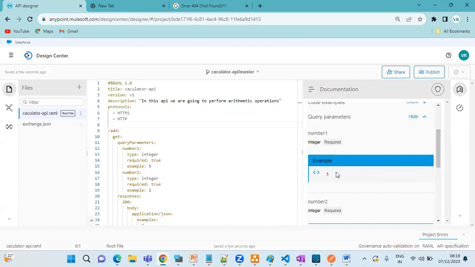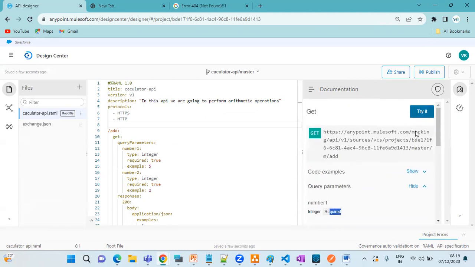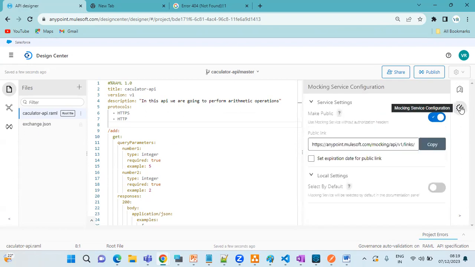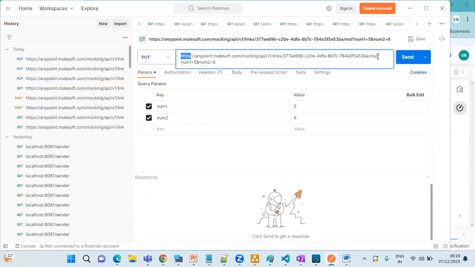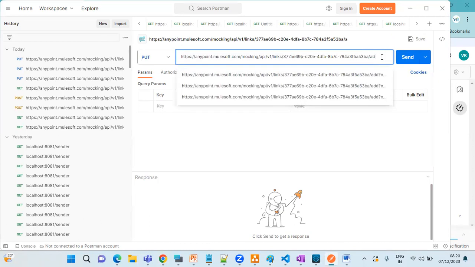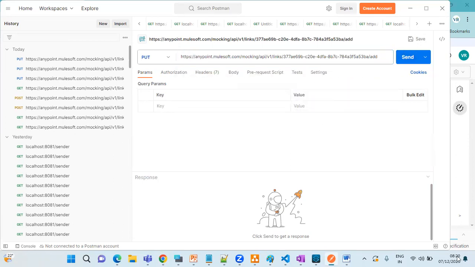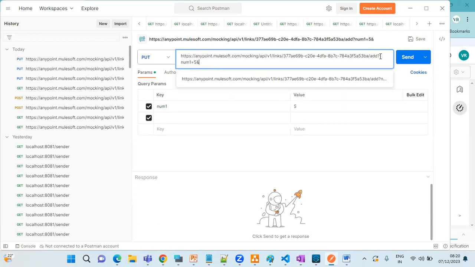So the user has to give number 1 and number 2, these fields are required. These things you can understand. If you want to test it here, you can try to test it. If you want to mock this service, just click on this one, copy this URL, go to Postman, paste it here. So what is our resource path? Add. Addition is ours. Then the query parameters, either you can add directly here itself, question mark number 1 equal to 5 and number 2 equal to